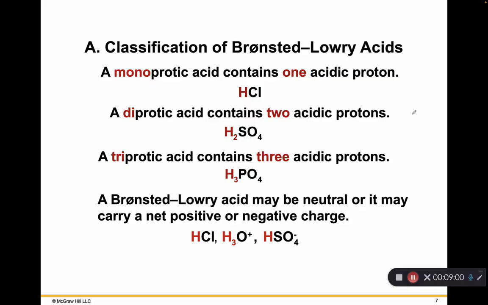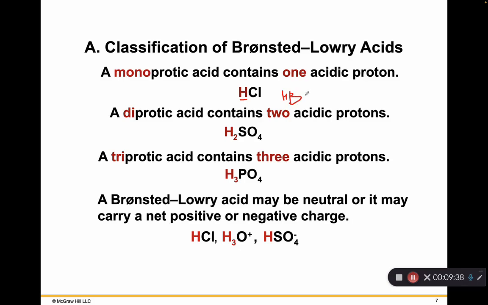So let's classify the acids, Bronsted-Lowry acid, or you can say Arrhenius acid, into different classes depending on how many hydrogens can be given away. We call an acid monoprotic if it contains one acidic hydrogen, or one hydrogen that can be given away, right? So HCl, HBr, HI are examples of monoprotic, because all they have